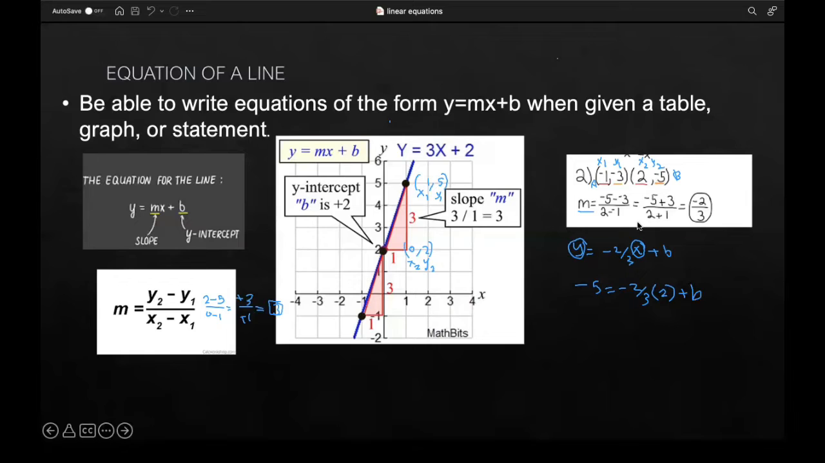So using your calculator, of course, to solve for b, we first multiply negative 2 over 3 by 2. And so you get negative 1.33 recurring, which is also negative,